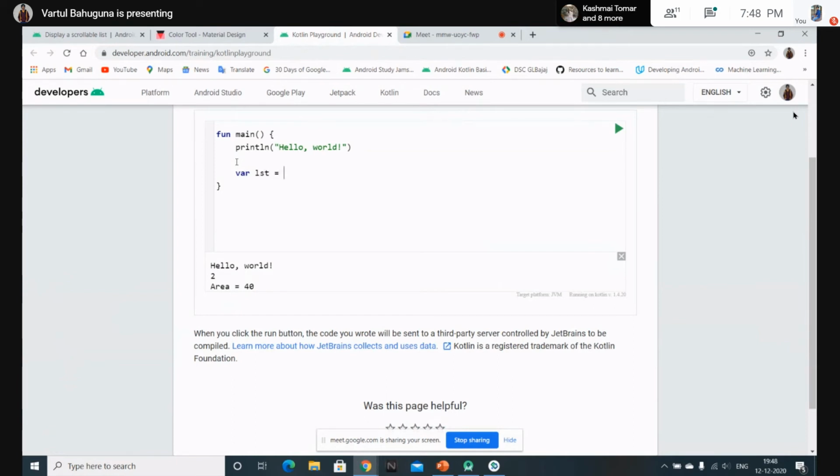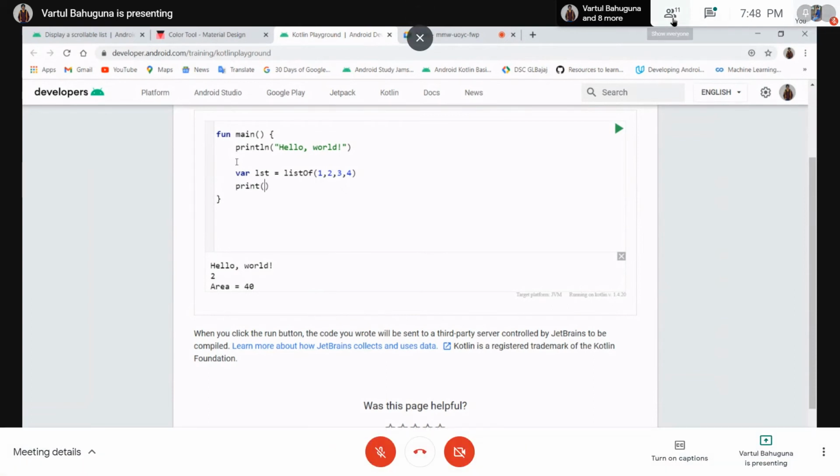And then if you want an immutable list that cannot be changed, just use the function listOf, and then provide all the elements in this listOf parameter, 1, 2, 3, 4, any numbers or strings that you want, and then you can print this list using the print function.